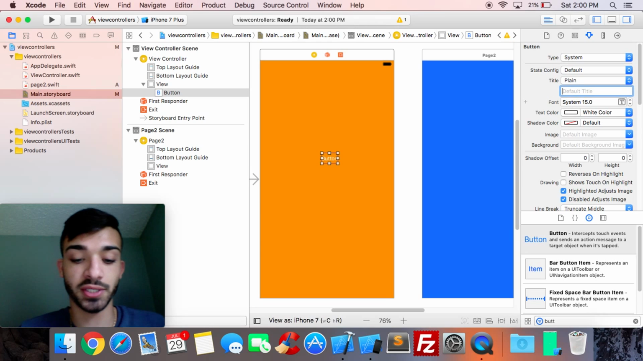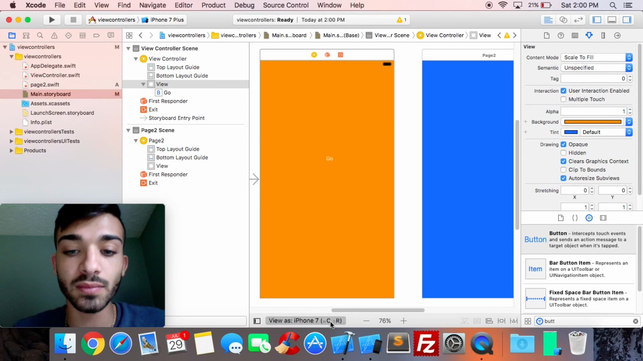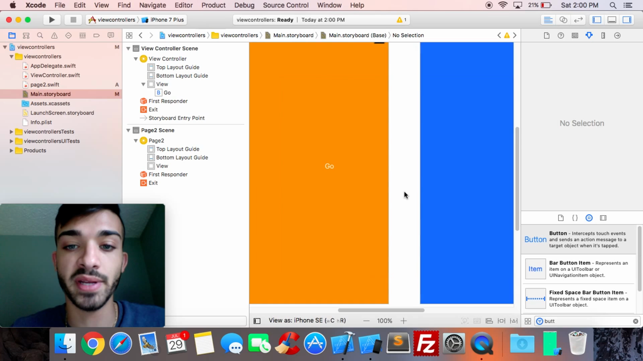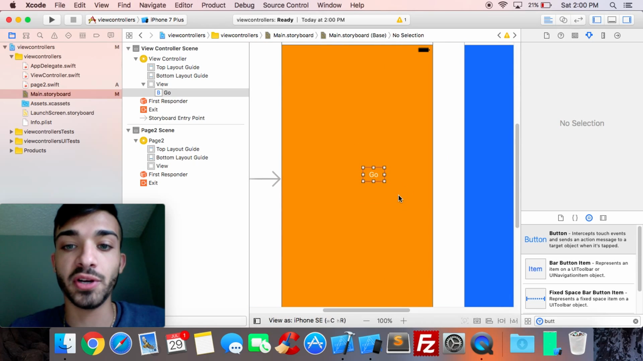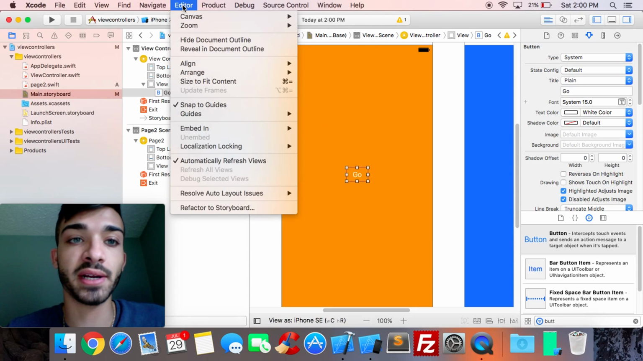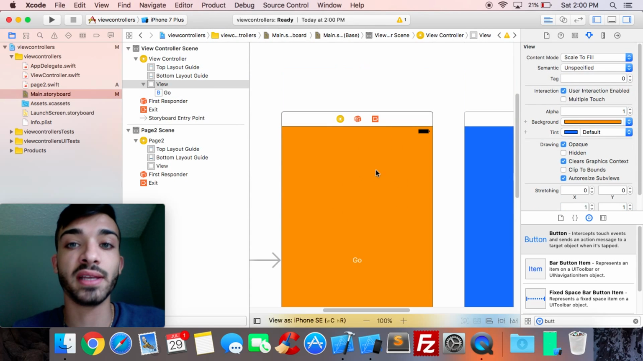We're just gonna put "Go." And now I'm actually going to set this to an iPhone 5 view so we can zoom in and you can see more of the screen. But go ahead and highlight that, and if you go to Editor, under the Align section, you can do Horizontally in Container and Vertically in Container, and that will set it automatically in the middle of the